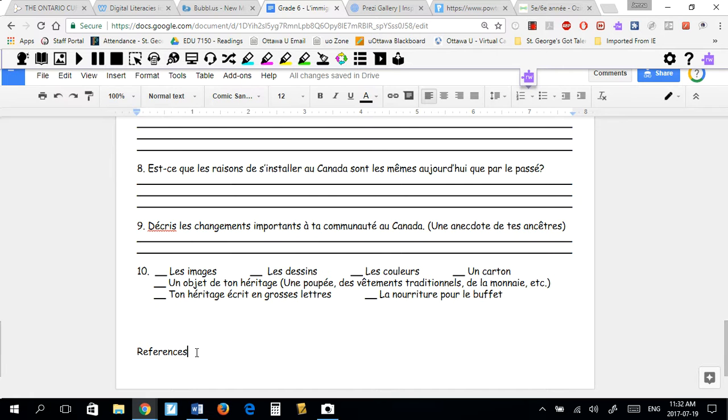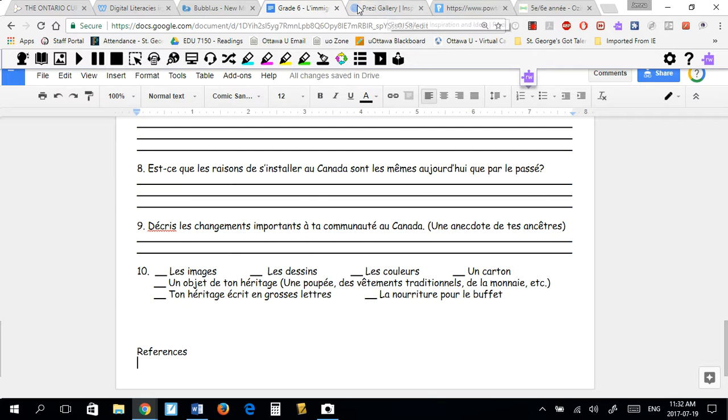It doesn't need to be APA format. It can just be including the website where they found it, to give reference and give credit, to help them start to think of giving credit to the resources and the author where they got the information, that this is not their idea. They have borrowed it from someone else.